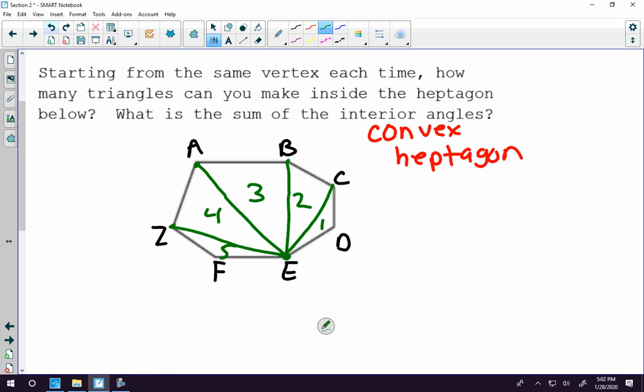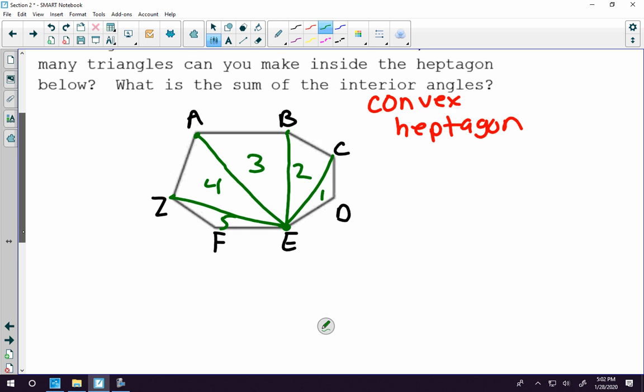Okay, it's a convex heptagon. A heptagon has 7 sides, and I want you to notice that there's 5 triangles inside. Okay, next question says this: what is the sum of the interior angles? Well, we first have to recollect the sum of the interior angles of a triangle. The sum of the 3 interior angles of a triangle is 180 degrees. And if there's 5 triangles in a convex heptagon,